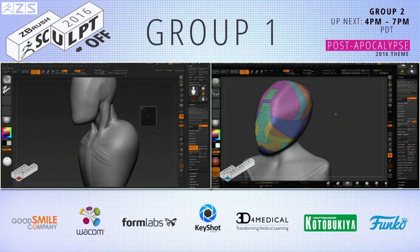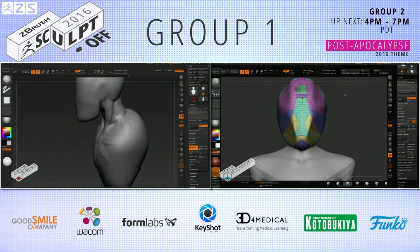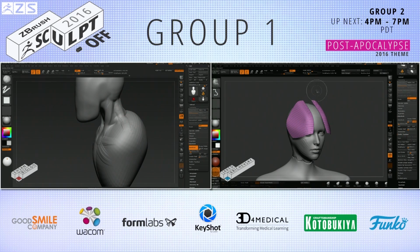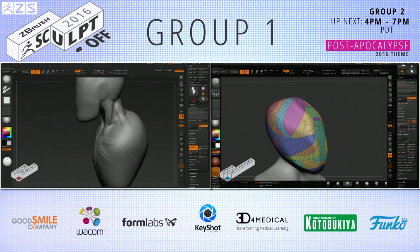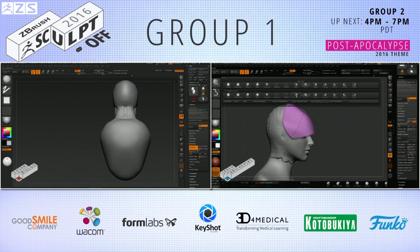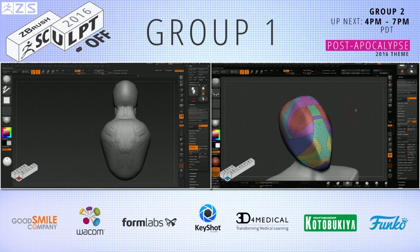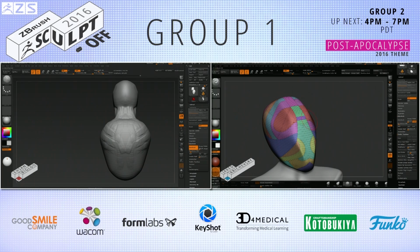Yeah, slice. He's using the slice brush to come through and slice the model up and generate polygroups. And then I'm guessing he's going to use the panel loop functionality to break these out into all individual pieces. And then he can layer these and sculpt them and move them around. We've got some good tutorials on our ZClassroom on this process, if you're curious about it. But it's really an interesting process to see. And Jared is very methodical in these